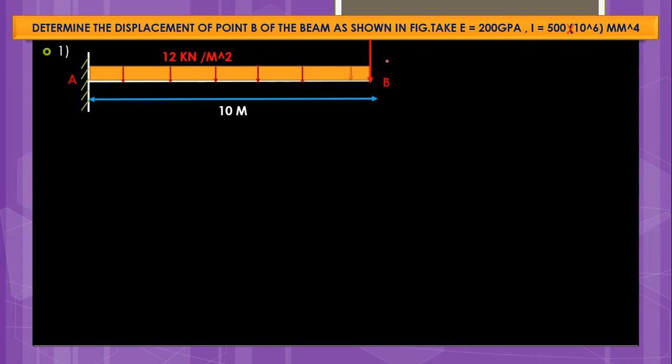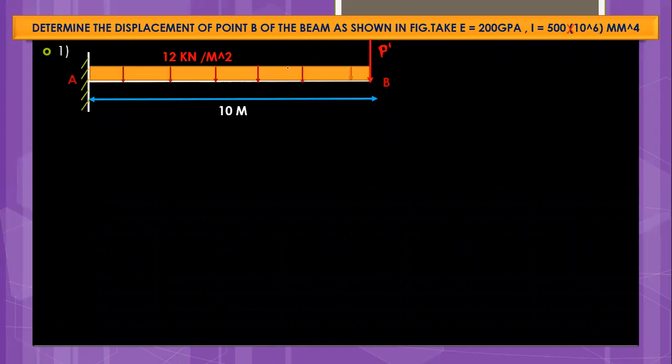So firstly, wherever we are asked for the displacement, in that direction we have to apply an imaginary force. This is an imaginary force. We will call this force P prime. In Castigliano's first theorem, if it is related to displacement, we have to apply a force. If we have to find out the slope, then we have to apply a moment. But in this problem, we have to find the displacement, so we will apply the force P at the point where we need the displacement. So we have applied the force P prime at point B.